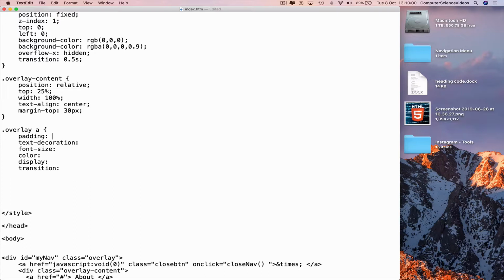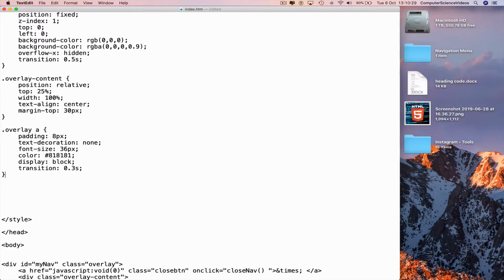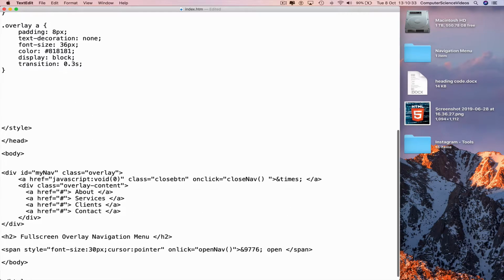Go back to the top, padding 8 pixels, semicolon, text decoration, none, semicolon, font size 36 pixels, semicolon, color, hashtag 81 3 times, semicolon, display, block, semicolon, transition, 0.3 seconds, semicolon, new line, curly brace, go to a new line, dot overlay